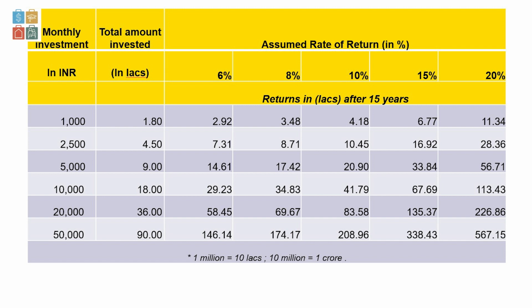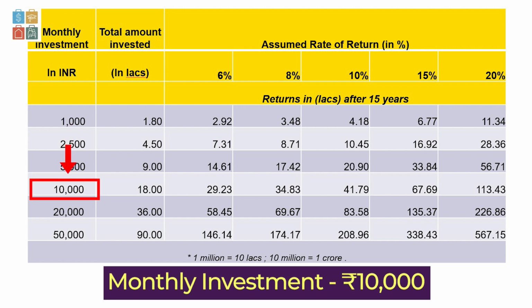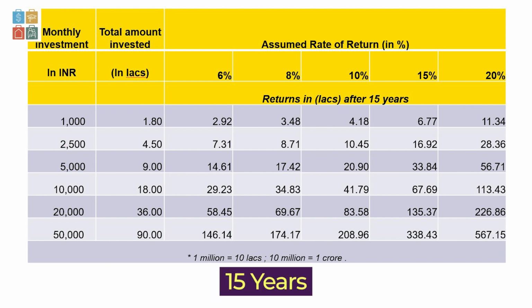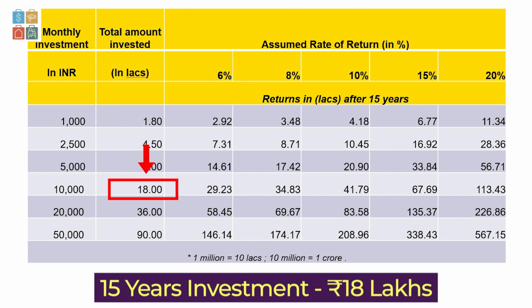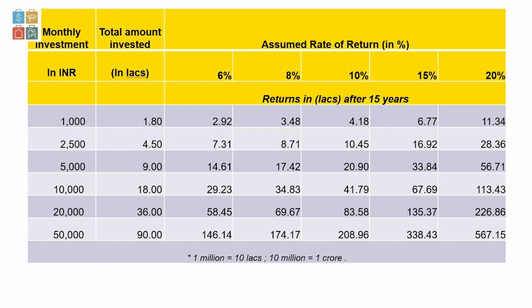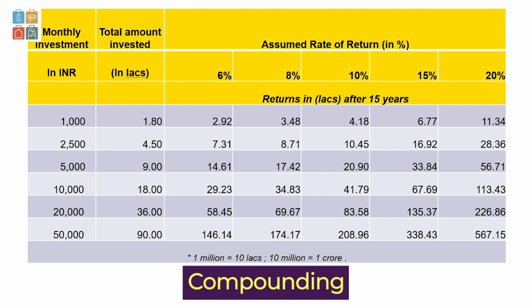Over here I've assumed, let's say you are investing 10,000 rupees per month. So if you see, 10,000 rupees a month, in 12 months becomes 1.2 lakhs. I've taken a 15-year example because I want to showcase a long-term impact. So in 15 years, this same monthly amount, slowly, slowly, you have put in 18 lakh rupees. You don't notice it happening slowly, and think, in 15 years you have put in 18 lakh rupees. Now let's see how much this 18 lakh grows to. Along with SIP, the concept of compounding is also involved here.